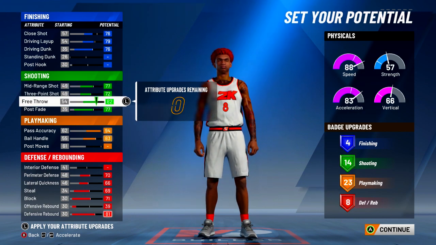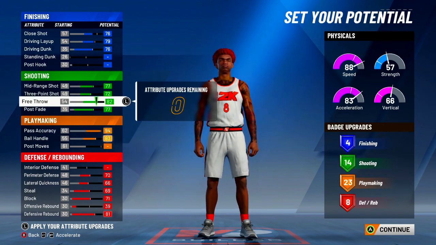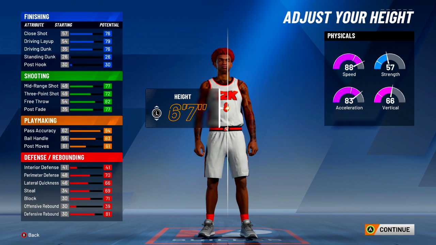But of course, once you choose playmaking takeover with this build, you're going to be able to score. Like once you get an ankle breaker or something, it'll help your shot. It said that in the past 2Ks, it still does it this year. The only problem is it is hard to get ankle breakers, but we're not going to talk about that. Anyway, we're going to make him defined, and based off what I'm seeing here, I want to make him 6'7",